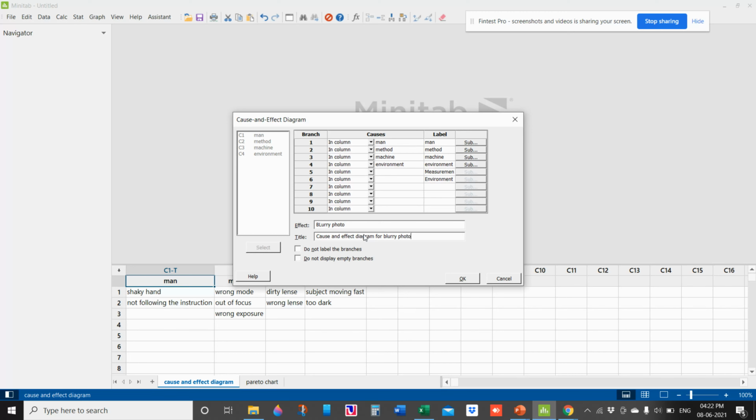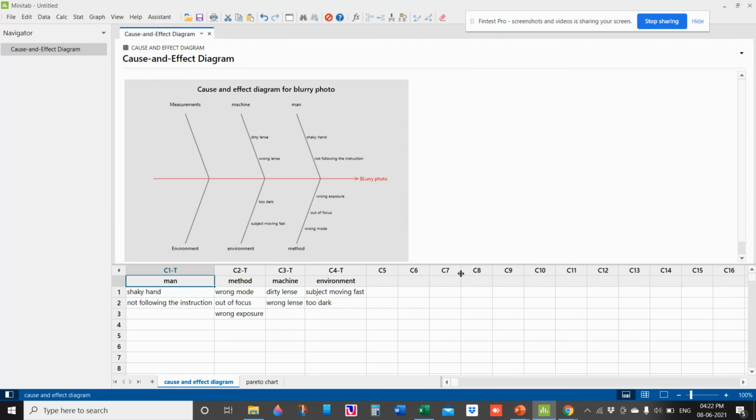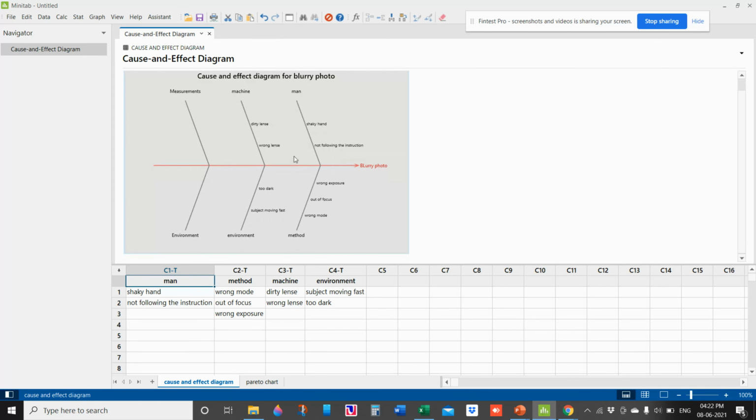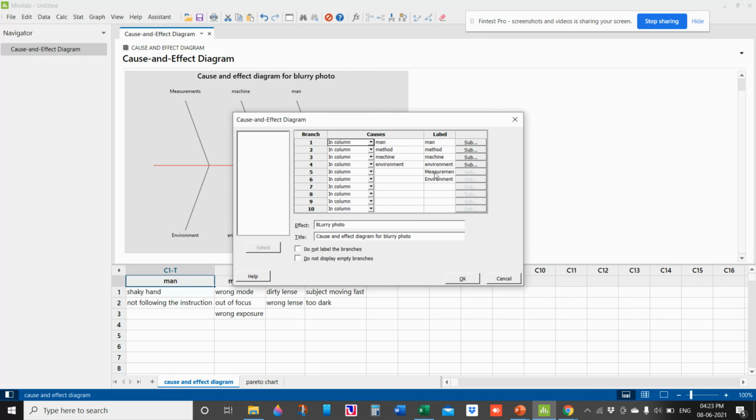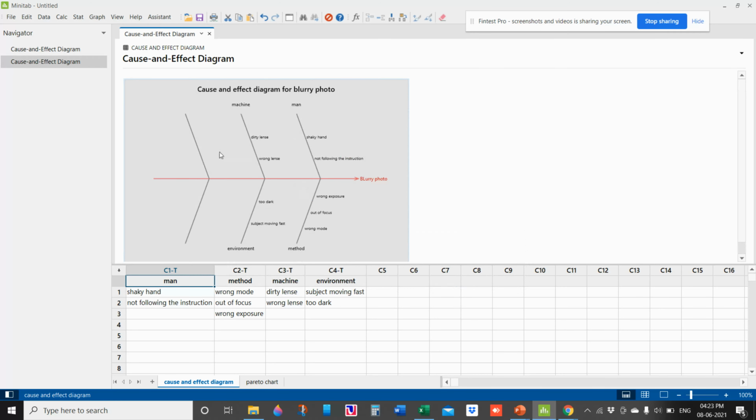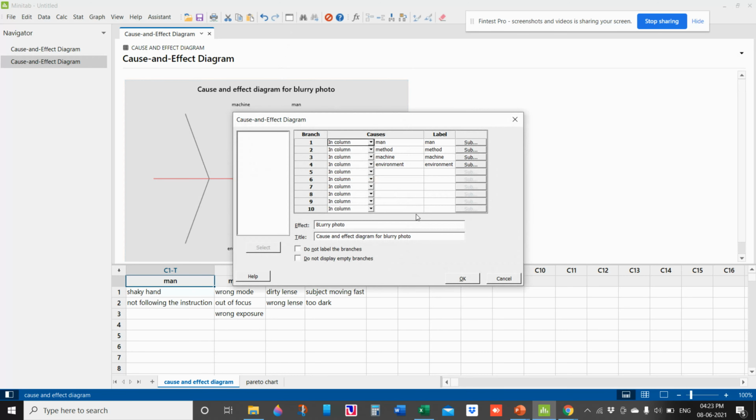Okay. Cause and effect diagram. So now say okay. Now if you see, by default it has given the cause and effect diagram, but extra things are there. So this can be hidden by using the option. Now we have created the cause and effect diagram. So here we have to delete it. Okay, now you say okay. See, now it is not there, but extra should not come.